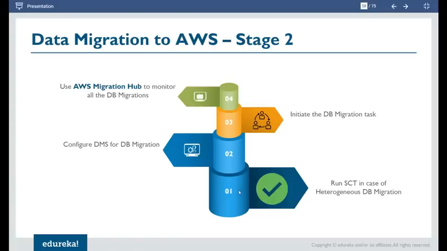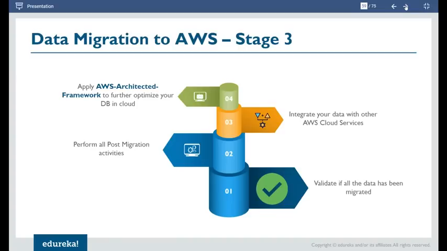Schema conversion is well before your migration starts. It is not during migration, it is before your migration. And once your migration is done, you validate if all the data has been migrated, perform all your post-migration activities, integrate with your cloud services and do continuous optimization. So that is your post-migration stage.